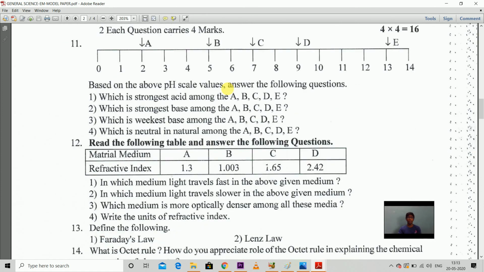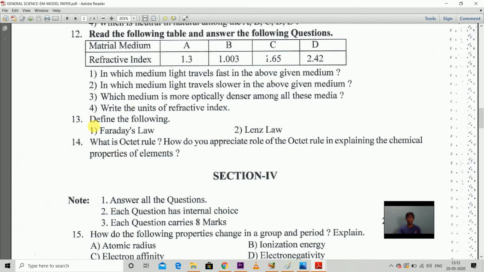Okay, and next one, here you observe in the 13th, define. So definitions are asked for 4 marks. If you write the definition directly, you will get the 2 marks, but it is better if you write some extra information also, if you know. Because these are given for 4 marks, first write the answer which is related to the question. After that you can write some extra points if you know.